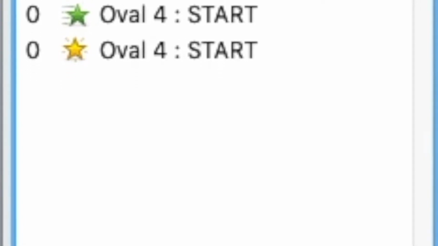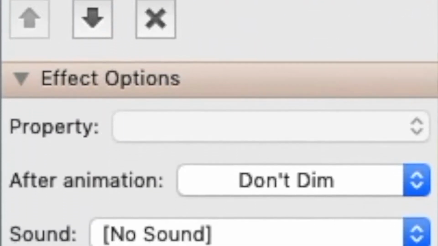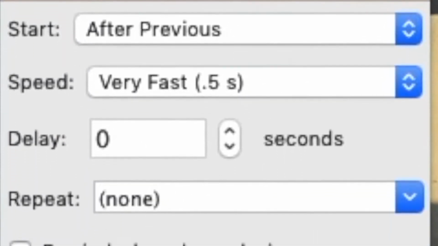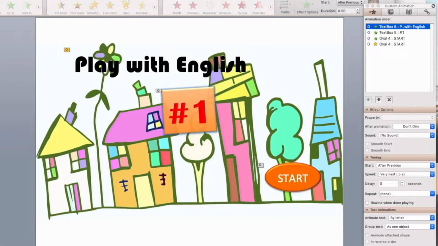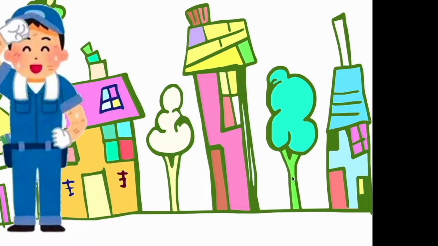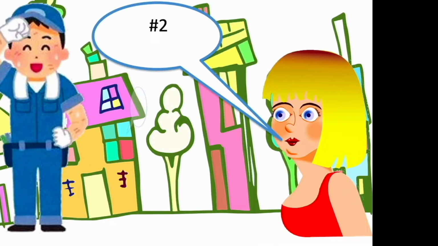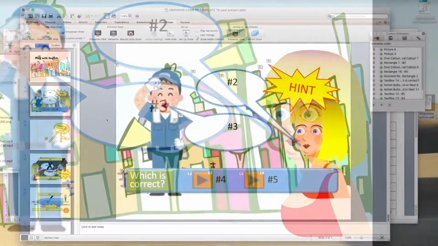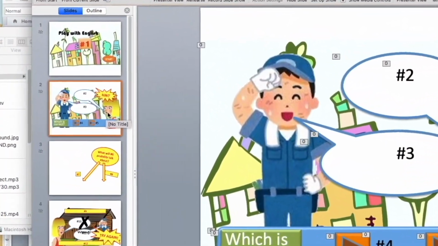I'm telling you this because unless you really know what you're doing, it's best not to mess with these settings. These settings have been designed so that when we run the PowerPoint, it looks like this. And there's another thing. When we click on that Start button there, it'll take us through to the next slide. As you can see, that's the second slide in our presentation.